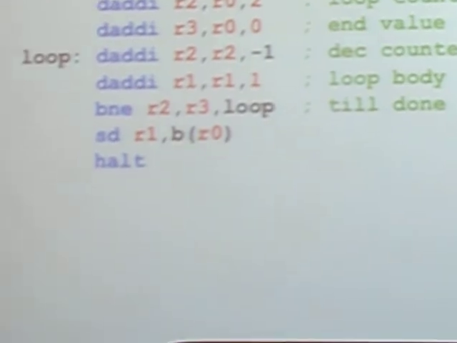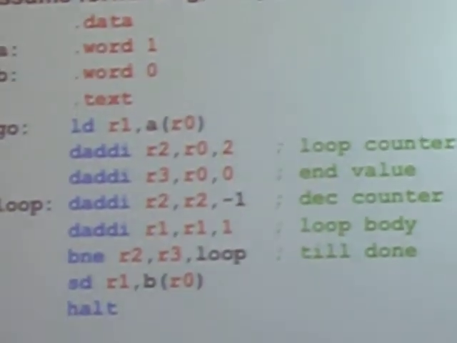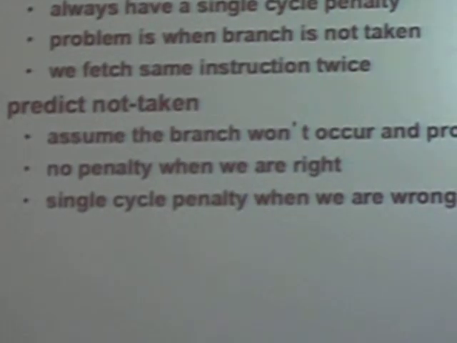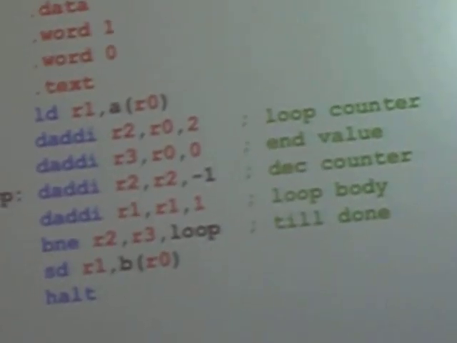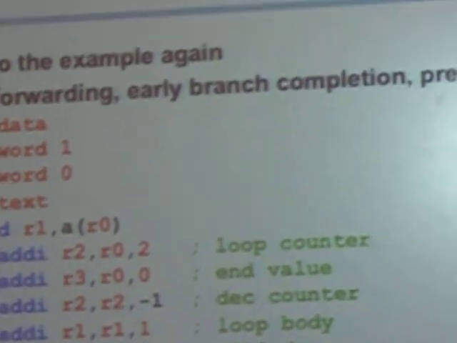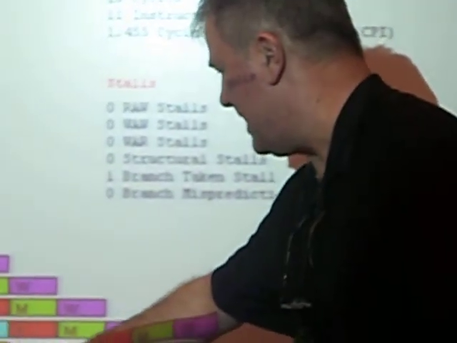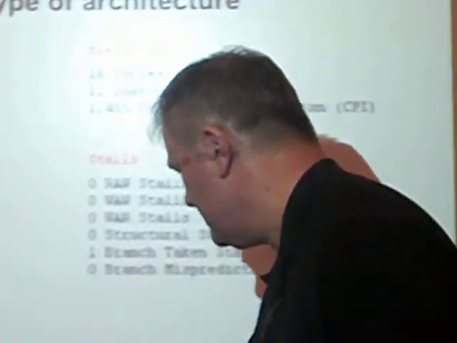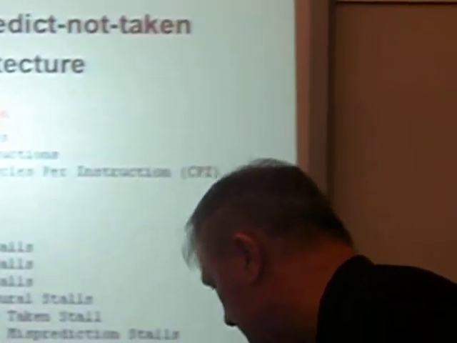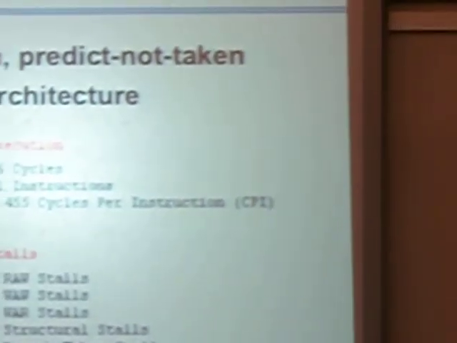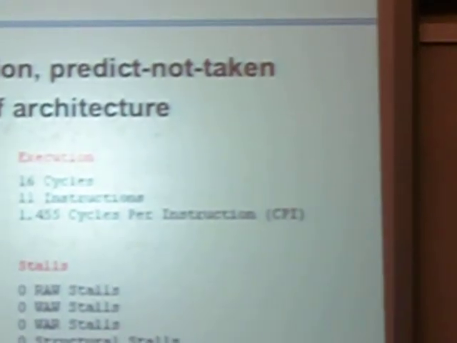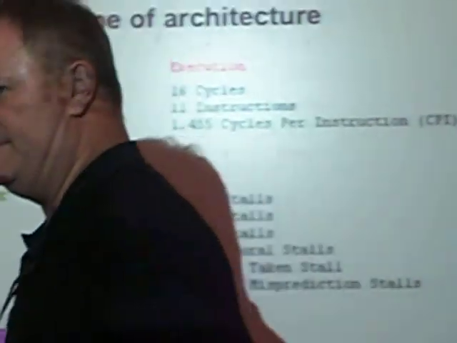Good. And I think this is where we got to yesterday, right? Yes. And notice, if you were to take this code and put it into WinMIPS, you would get 16 clocks, 16 cycles. Predict not taken there. You see it? Predict not taken here. And it presses on through, just like it's supposed to. All right, good.